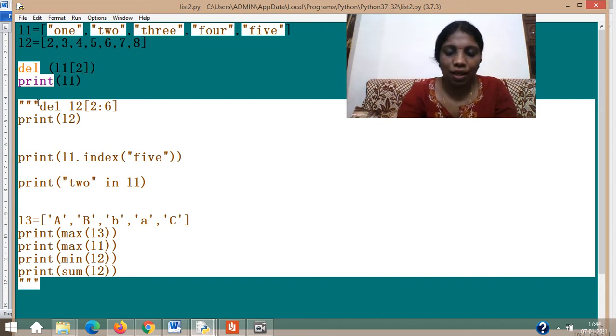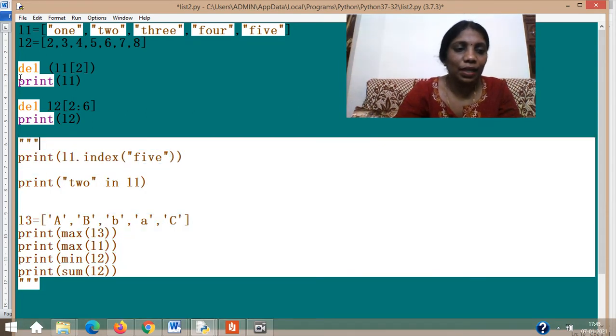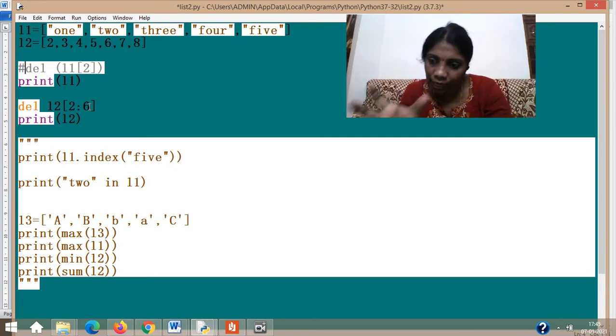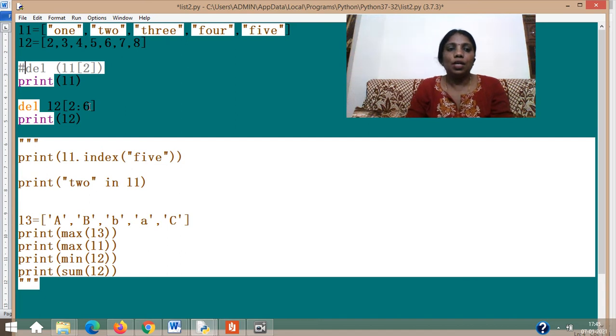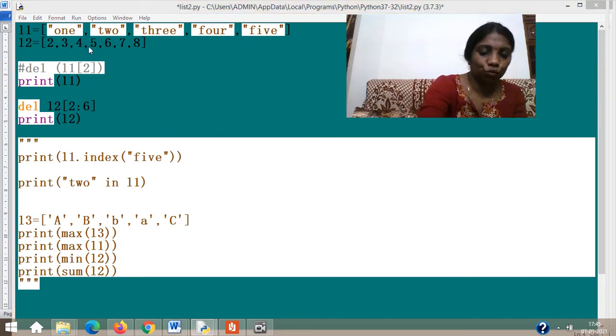Now see the next version, where I am writing the same thing with L2. This also I am commenting. This time, you remember when we learned lists, we introduced slicing, that is, cutting a short portion or taking an extraction from your list. So here L2 is there and 2 to 6 is taken. Now we have to count the locations 0, 1, 2. This is 2, then 3, then 4, then 5. 6 is not going to come. So this many values will be deleted from your L2.